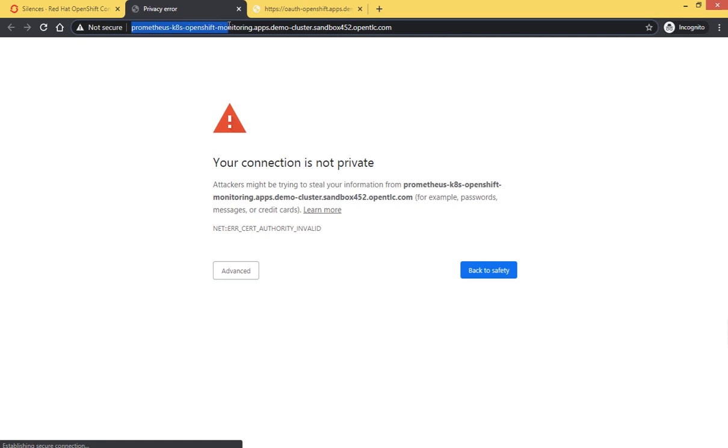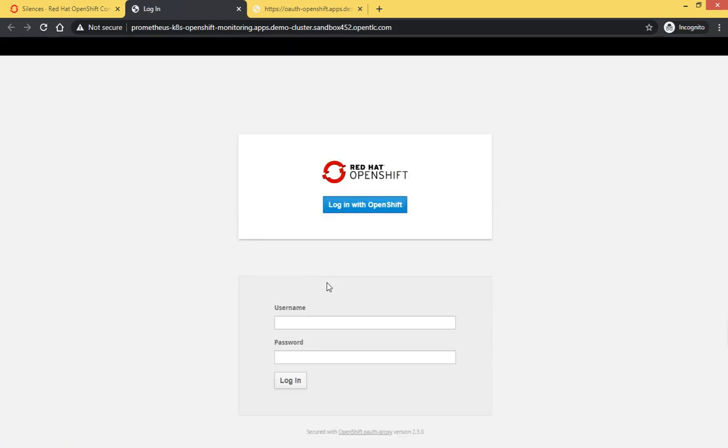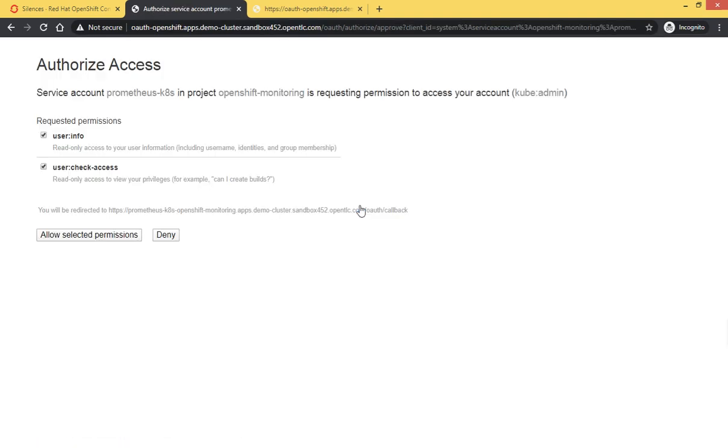Metrics will open Prometheus, right? So this is the Prometheus URL, and let's accept this certificate. And for username, let me try admin. Okay, login with OpenShift.